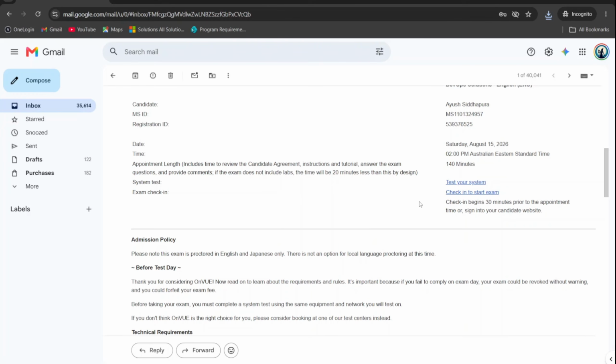Just make sure that you are carrying your physical ID with yourself, so that if you have to click the photo of it, you can click it. And you also need to test your system, since you are giving the examination from your home. So you need to test your system, and that is something which you can do right now. I'm just going to click on test your system